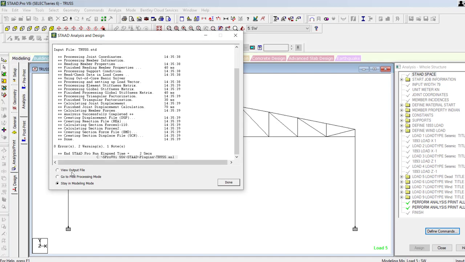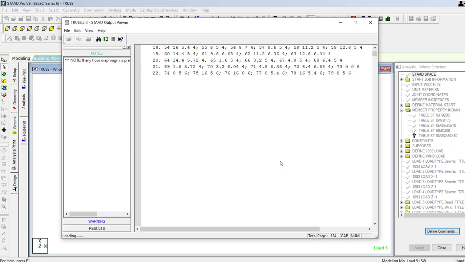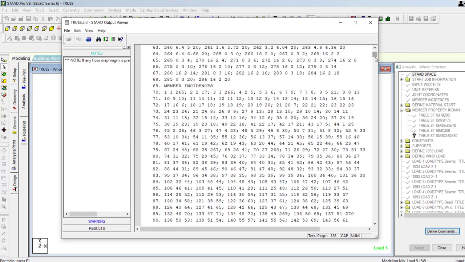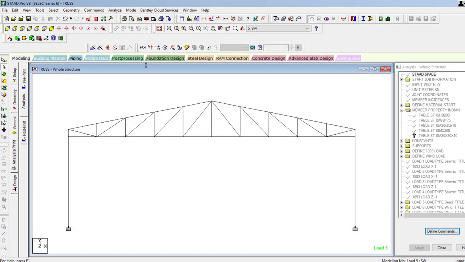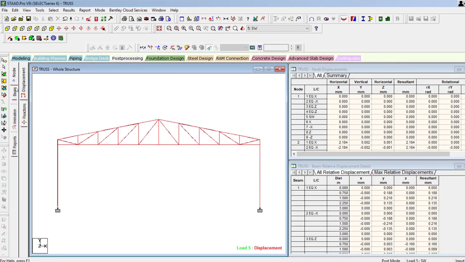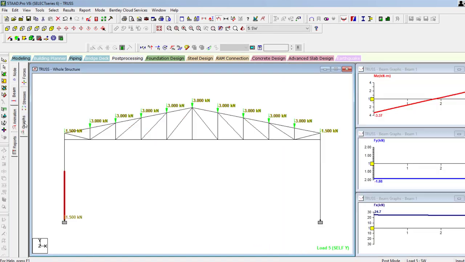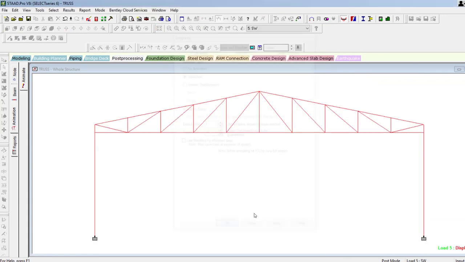Make sure you have the 0 errors and go to the output file to get the dead load and all theoretical output related to the stress. Click on post processing, select all the nodes and apply. Go with the beam, shear force and bending moment and animation and deflection. So there is a little deflection